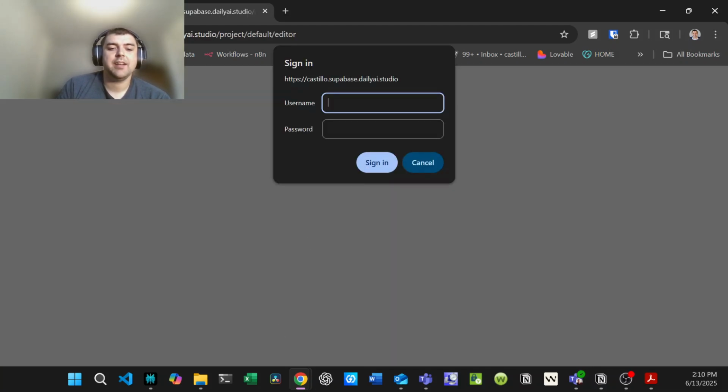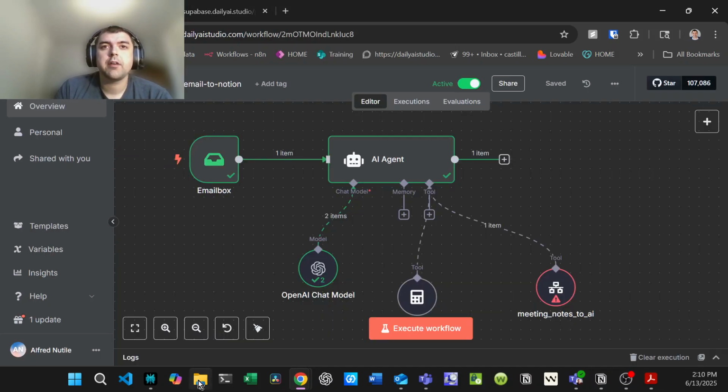Hang on, I have to put this in. So when it goes to Supabase, Supabase is like a cloud database platform. And so when it goes there,